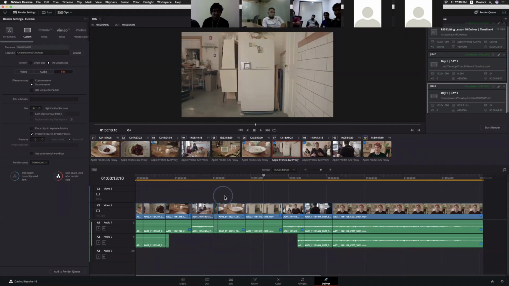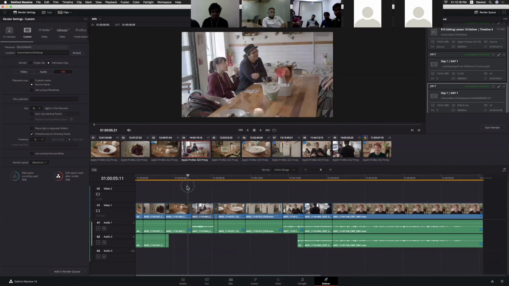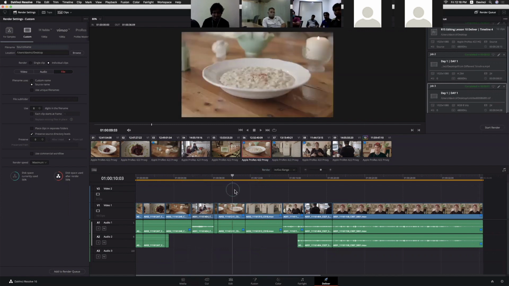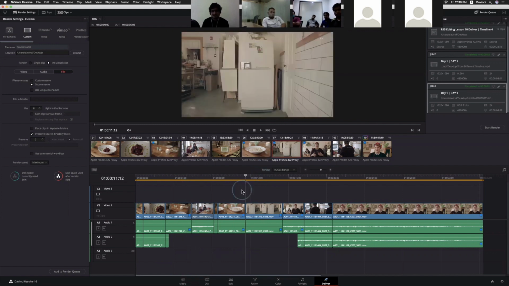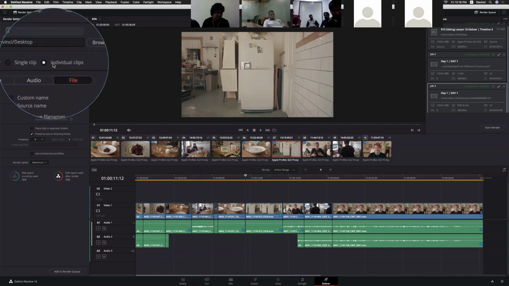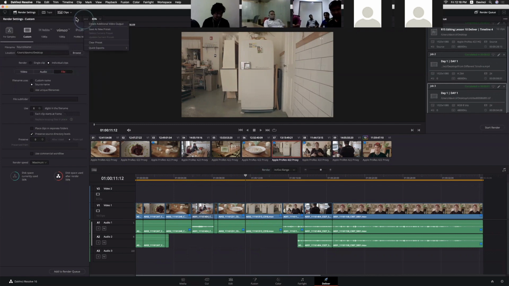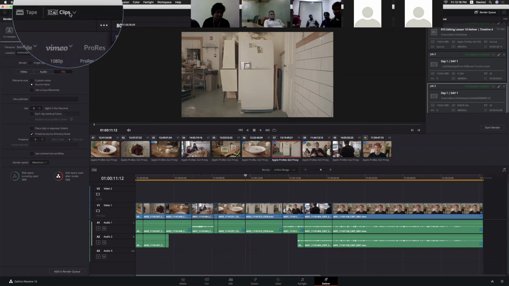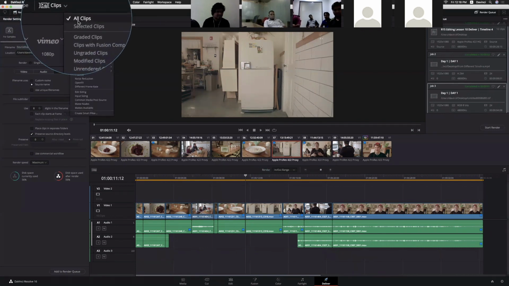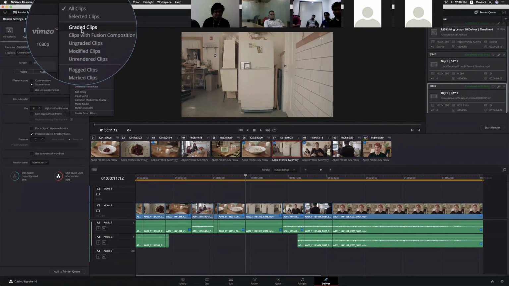Now, I want to export only tagged clips. Maybe let's say for VFX purposes, I want to export only these individual clips from my timeline. So after selecting individual clips, go to clip options, then click this arrow button. We can filter within the timeline by using these options.